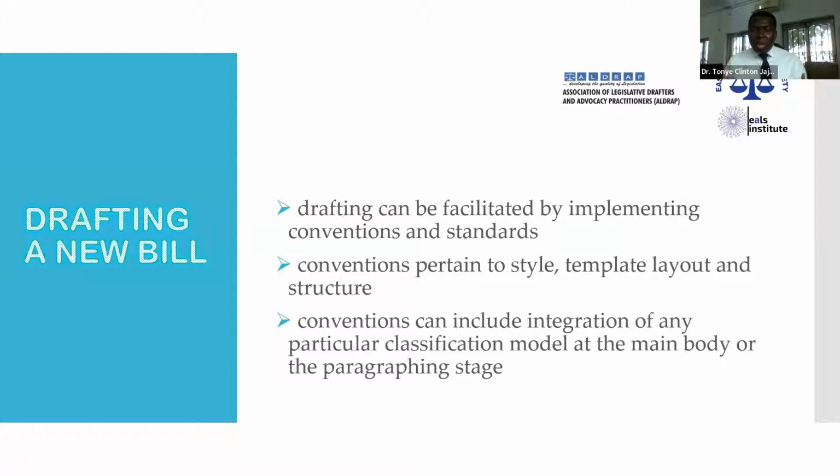This is something those of us who are government lawyers can introduce into our jurisdiction. In Nigeria, two years ago, the Federal Ministry of Justice and the National Assembly came together and produced a manual for legislative drafting so that all lawyers who are drafting in Nigeria will follow that manual.